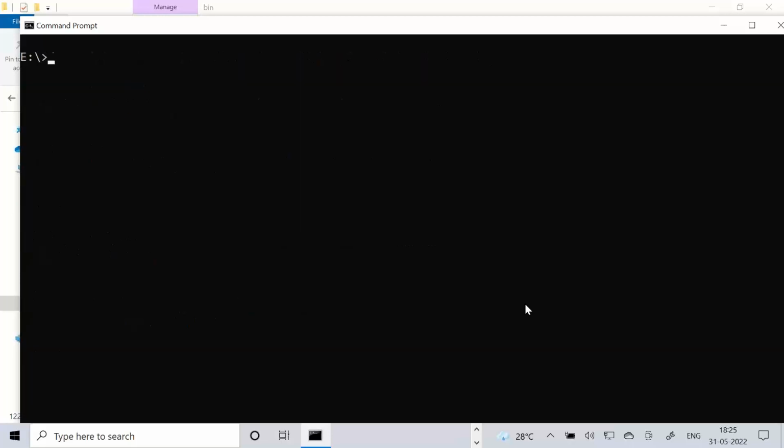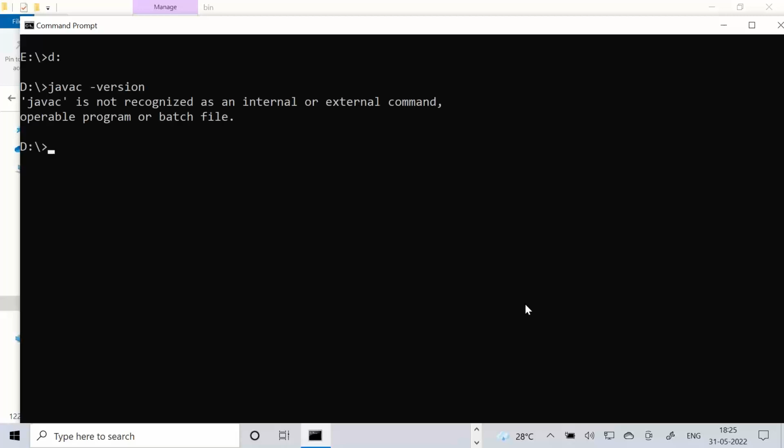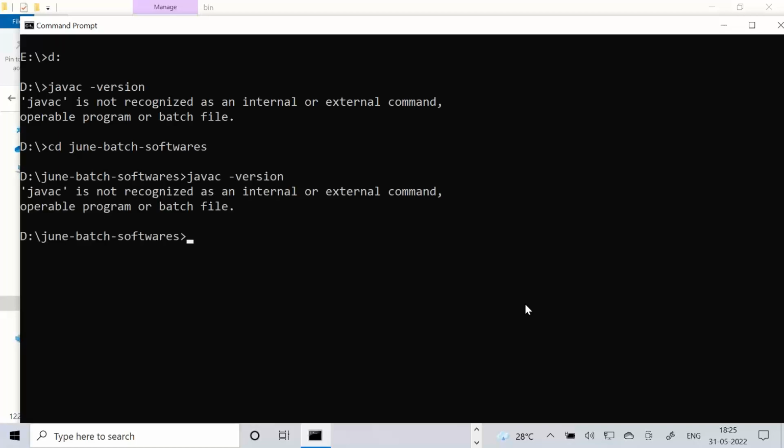CLS, going to the D drive, everybody. In the D drive, let me check again. Go to cd June, press the tab. cd space JDK tab.